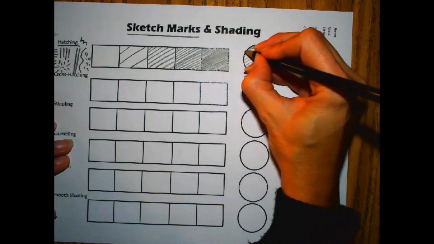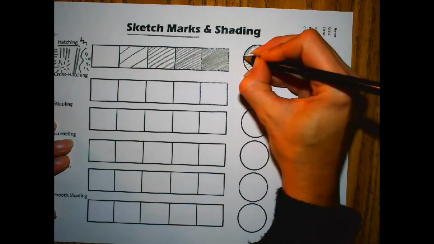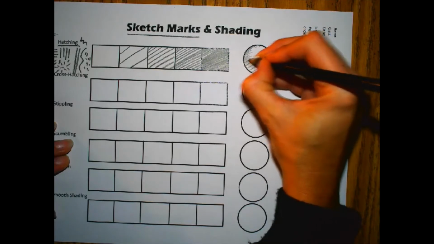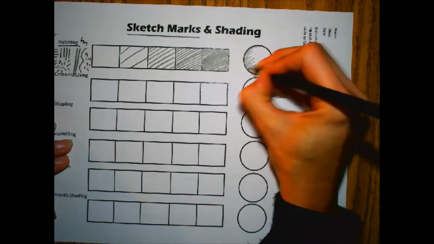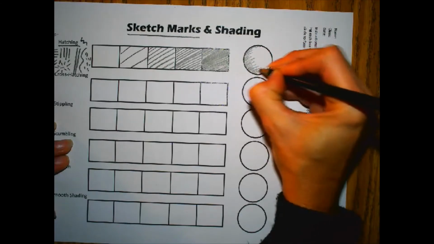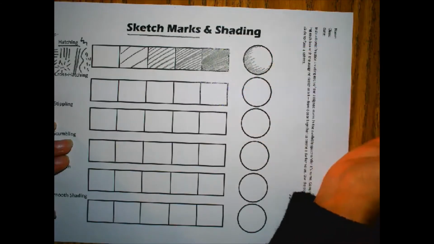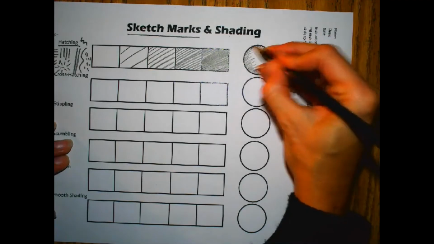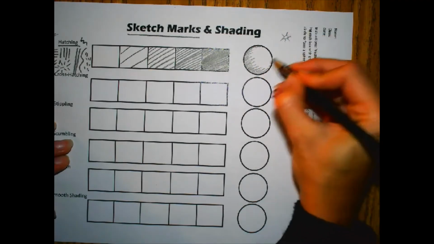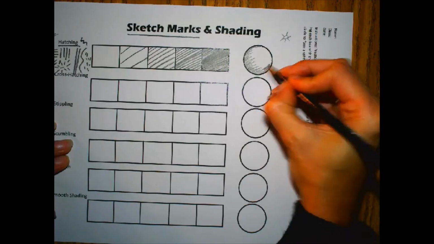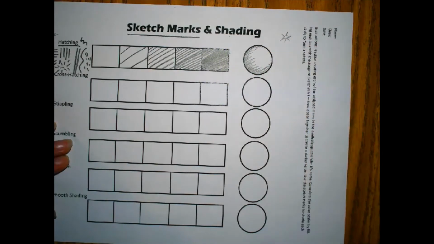Remember, closer together is going to create a darker value. So I'm just going to add some in between as the sphere would curve around from the viewer and get less light from the imaginary light source. So that is just a really quick demonstration for using hatch marks to create value in a circle